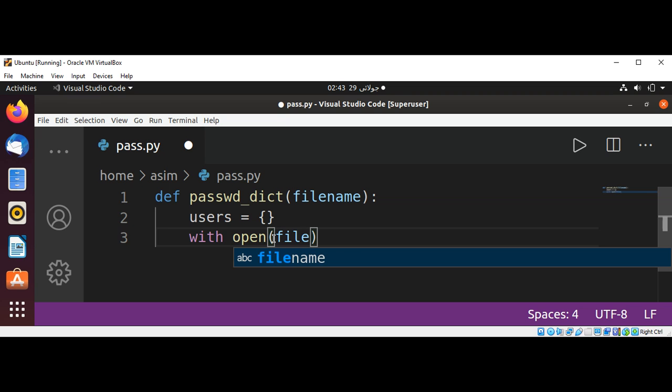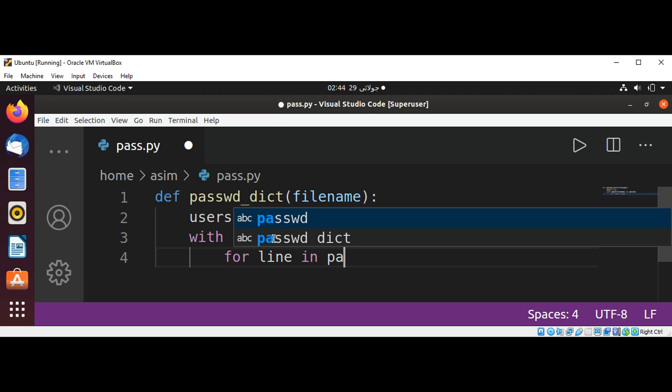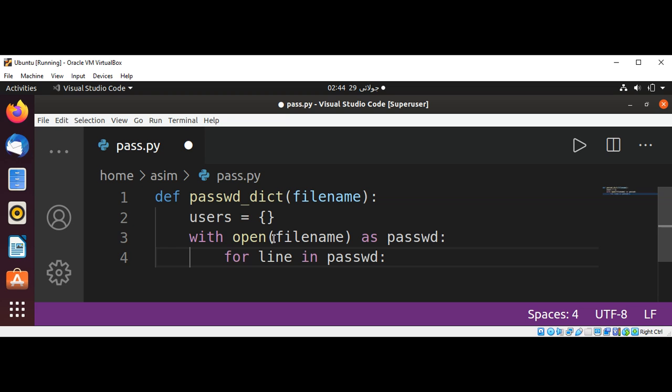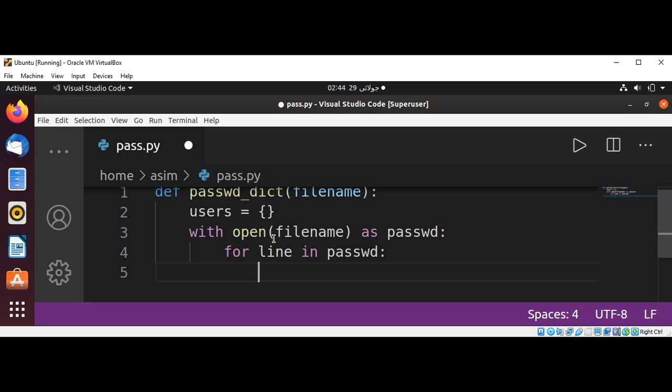With open file name as password, and then for line in password. For each line, we are going to check if not a line that starts with a hash sign or a new line,